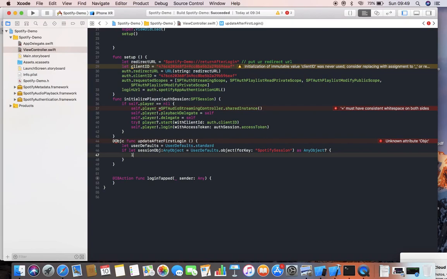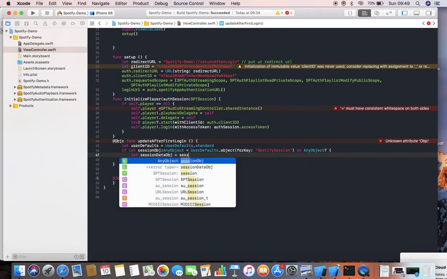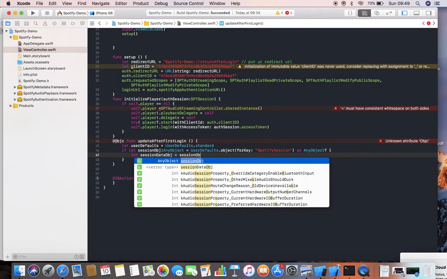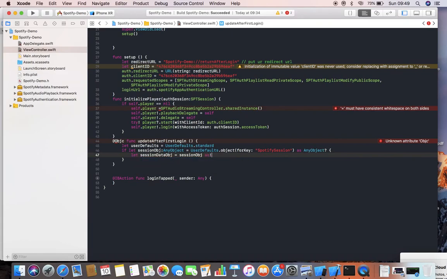Then going to call let session data object is equal to session as data,